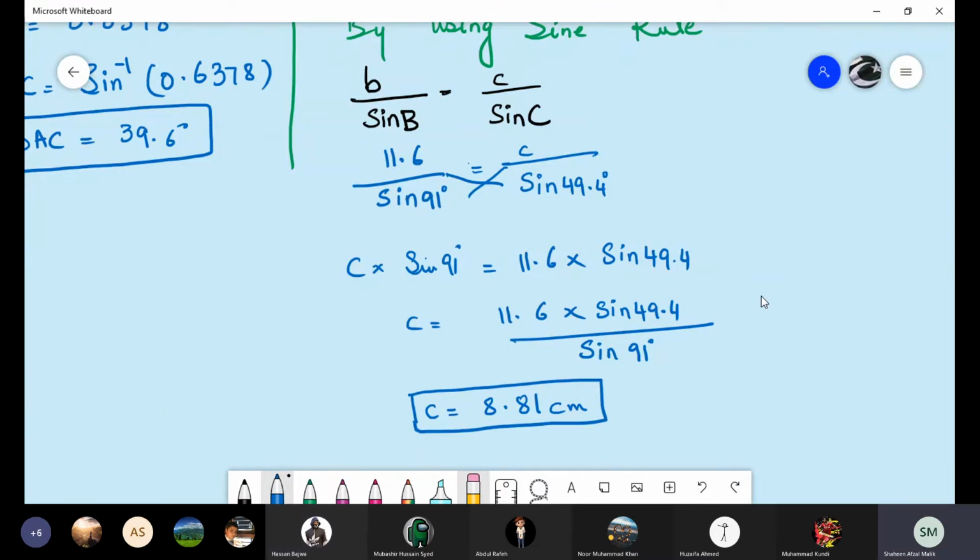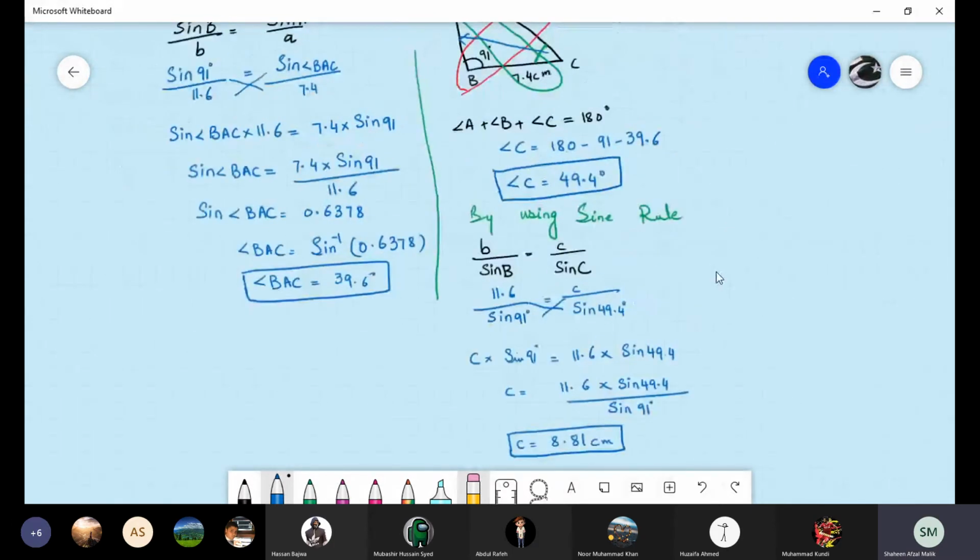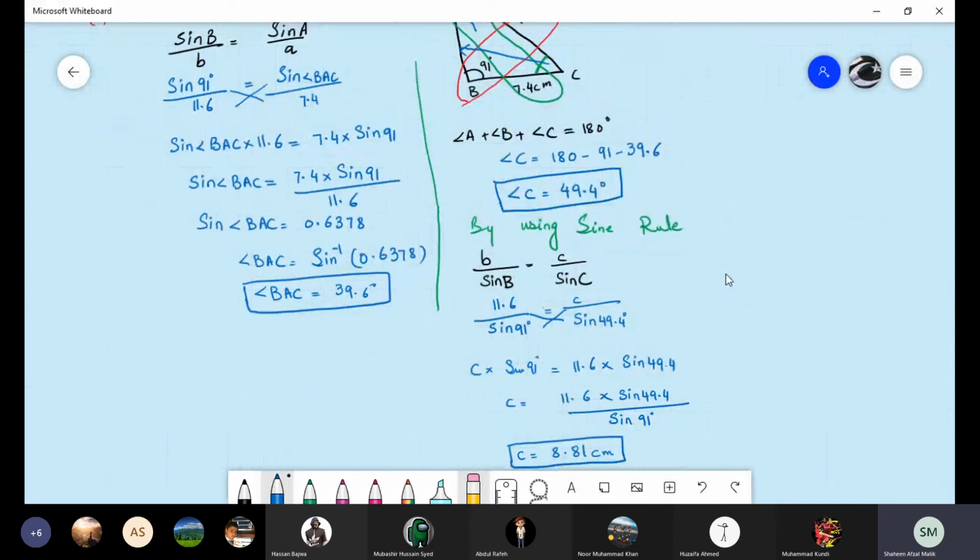Yes, so this is the question. We have all the answers. There were two angles missing and one side, and we found all of them. The whole question is in front of you. You can copy the question now. These are the two angles, this one and this one, and then we have one side missing, and this is the side. Quickly. When you copy, just raise your hand.